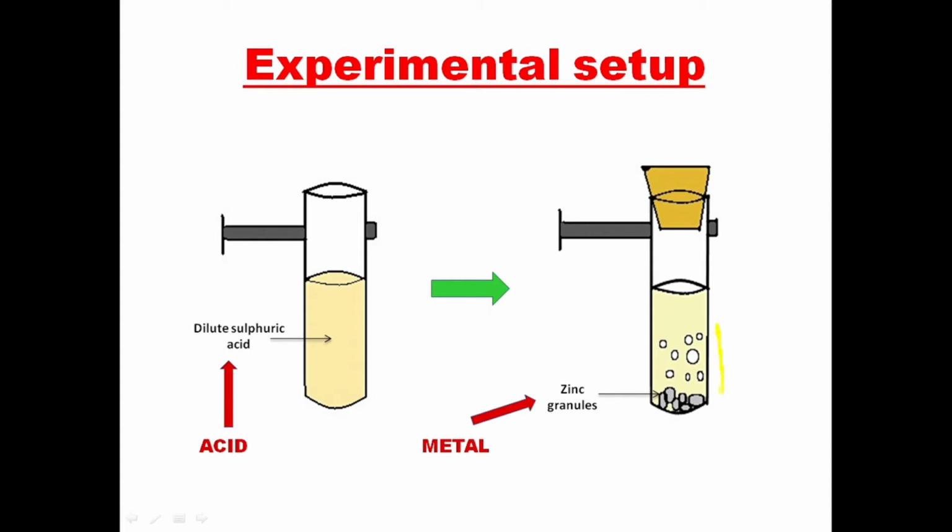Some bubbles are also seen in the test tube, which tells us that a gas is evolving in this experiment. To find out which gas is evolving, we pass the gas through a soap solution. The bubbles of the soap solution are now filled with gas. Now we bring a burning candle near the soap bubble and it bursts, and the gas present in it catches fire with a pop sound. This catching of fire with a pop sound tells us that the gas is nothing but hydrogen gas.